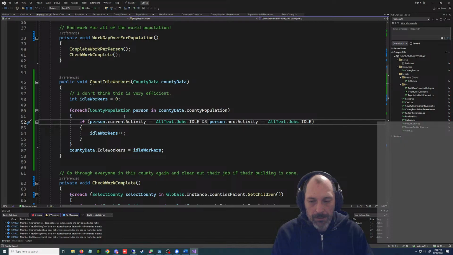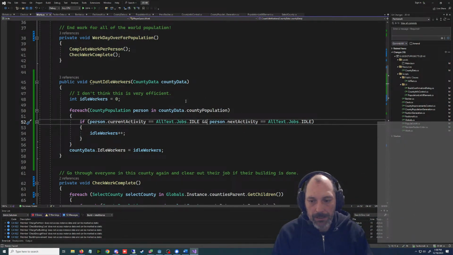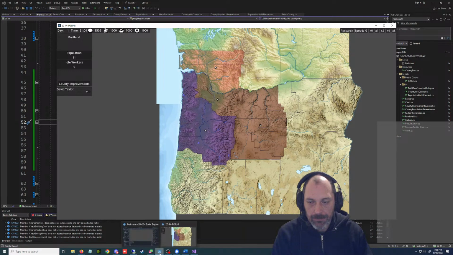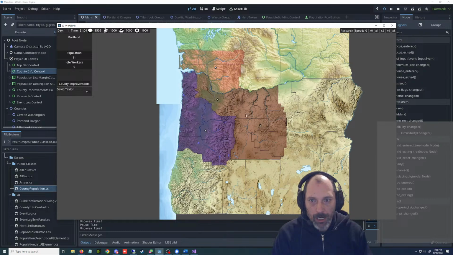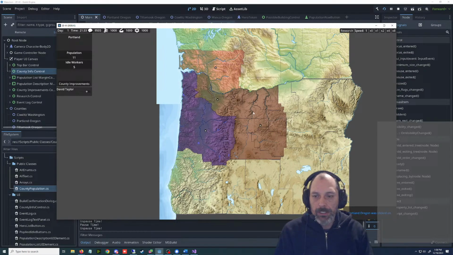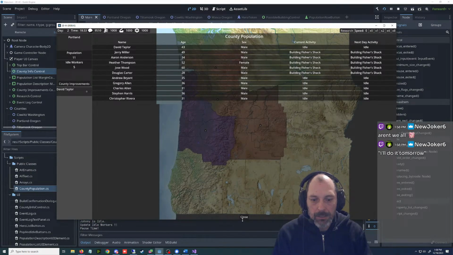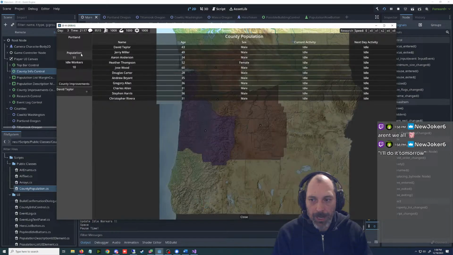Yeah, this is right. Because they're not idle, because they're planning to work the next day. So that's fixed. That's doing it. So let's just let it run for a while and see what happens. Because when they're done building this, it should go back to everyone being idle. But we also found that other bug, which is going to be hard to figure out here. Okay, and that went back.